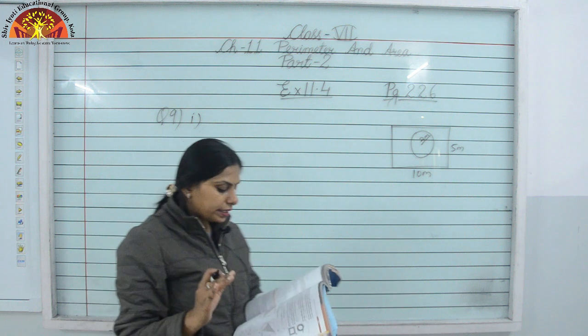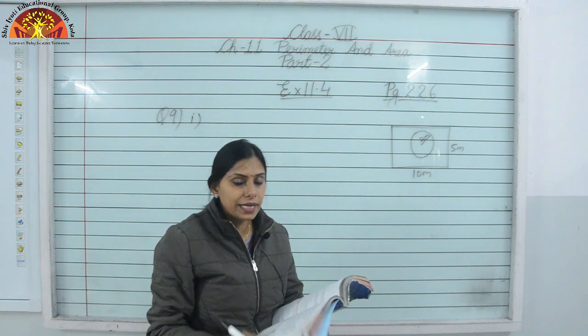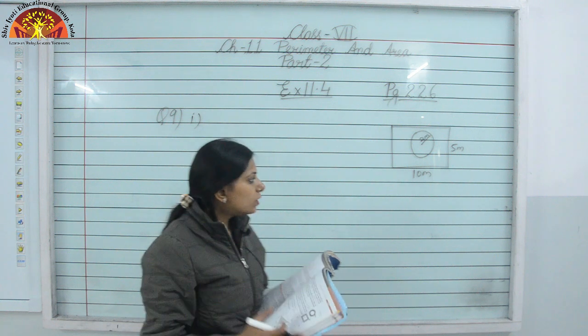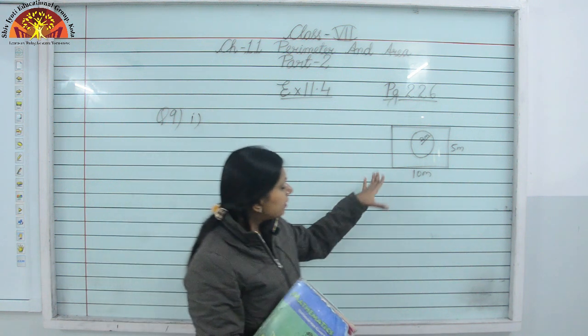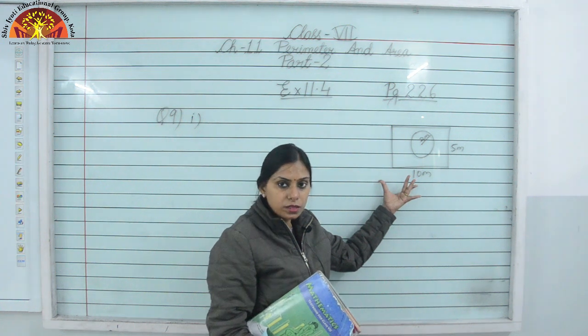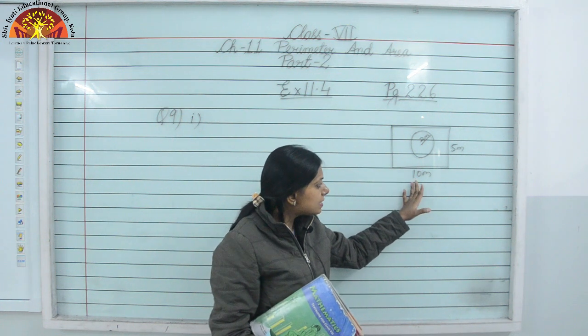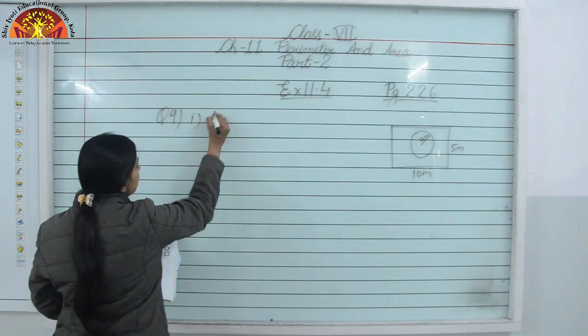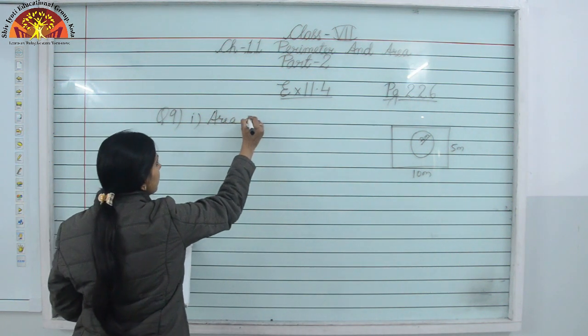Now first part, what is asked over here? You have to find the area of the whole land. Now you can see that the area of a rectangular lawn, which is the whole land, is length into breadth. So area of the whole land